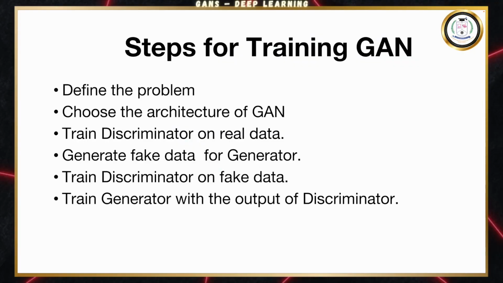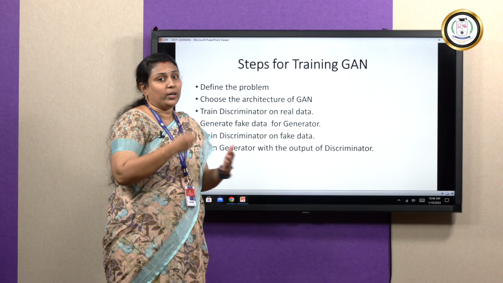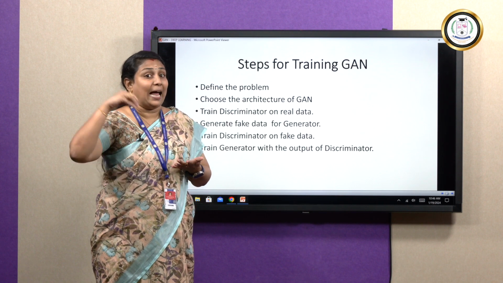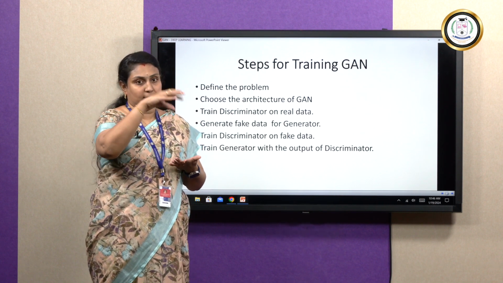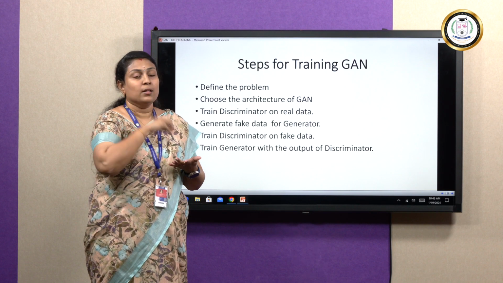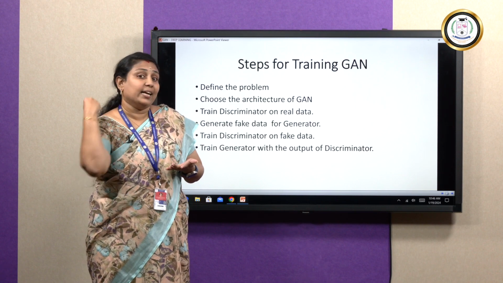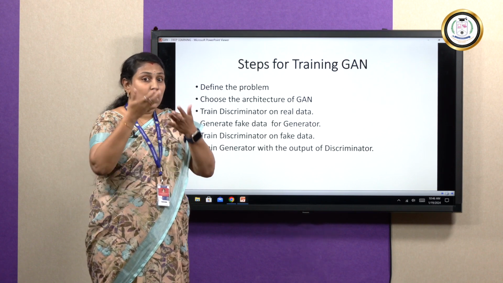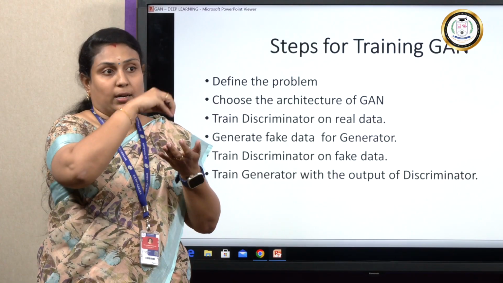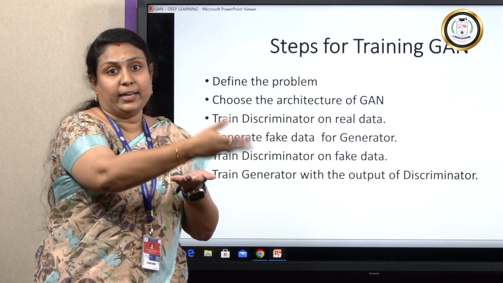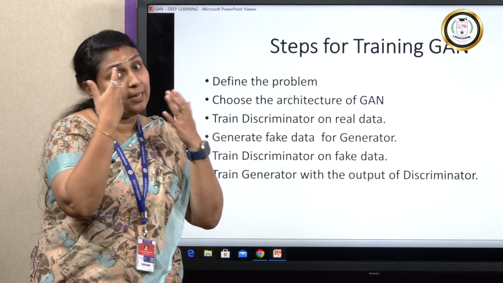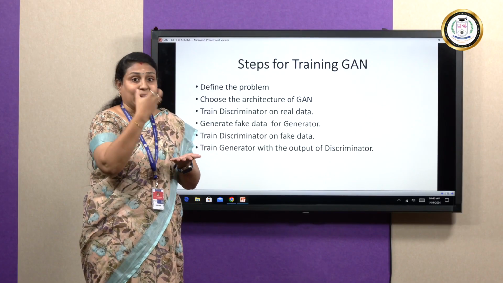Train the generator with the output of the discriminator. So here the generator, if the discriminator identifies, okay, this is the real one, this is the fake one. If it has identified the fake one, the generator should take the feedback. Okay, this has been identified by the discriminator as a fake one, and that feedback